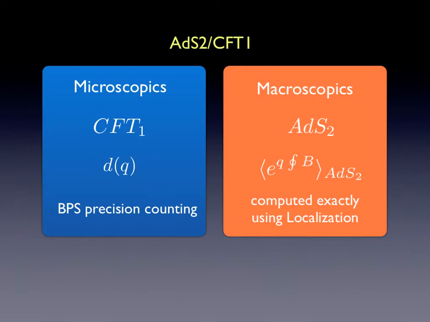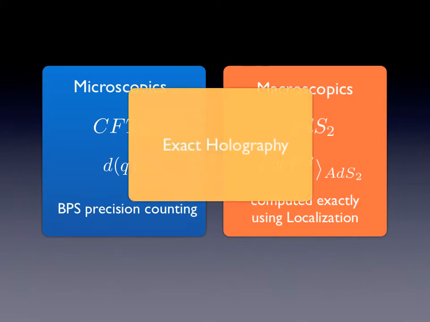The AdS2/CFT1 correspondence relates the bulk AdS2 partition function to the number of ground states of the conformal field theory. Using recent results on localization of N=2 supergravity on AdS2 and known BPS state counting formulas, we show that both sides of the correspondence match almost exactly, even for finite charges.